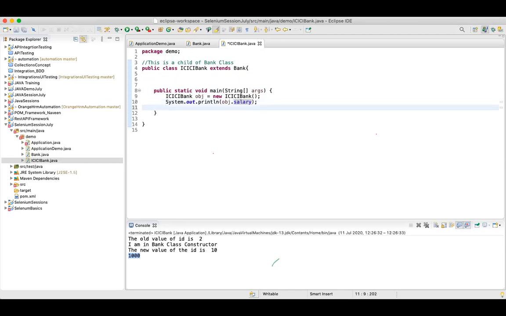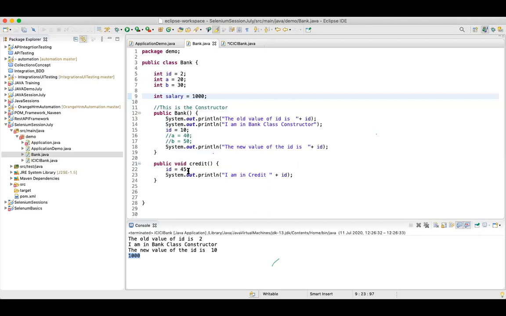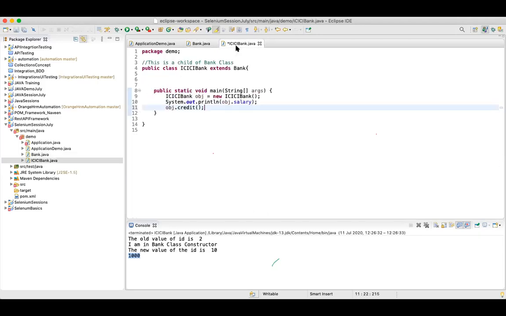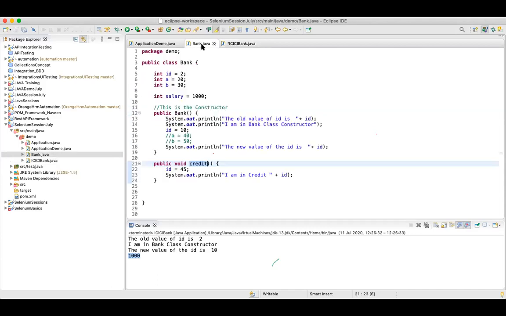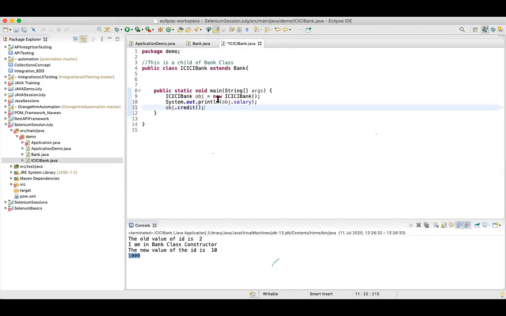Now, using obj dot credit, there is a credit method over there, right? One more thing, guys, I have not created the object of the bank class. If you want to use the method of the bank class, you would have to create an object of the bank class, but I am creating an object of ICICI Bank.